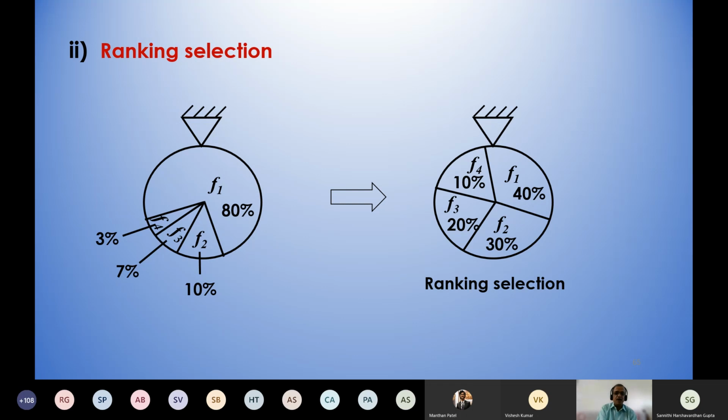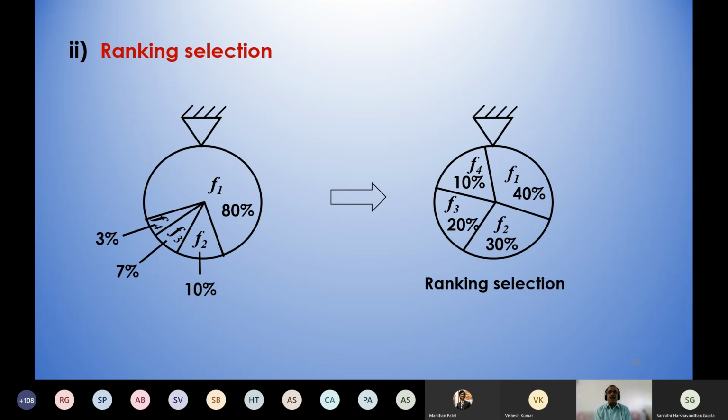Probabilistically, it is 4 multiplied by 0.8, that is nothing but 3.2. That means in the mating pool, out of 4 solutions, 3 solutions will be occupied by this particular first string. So the diversification will be less. There will be more chance of premature convergence.